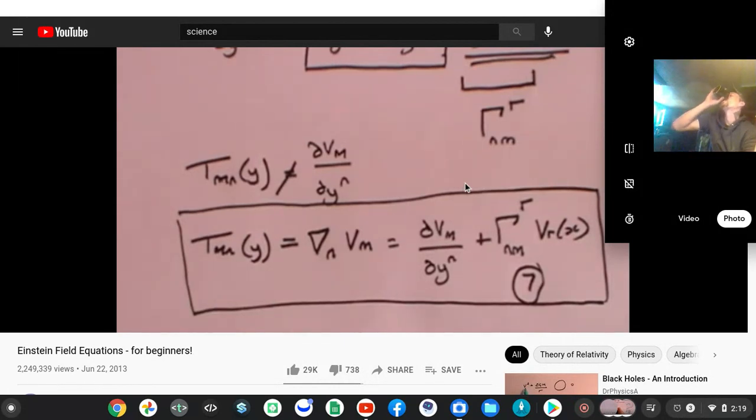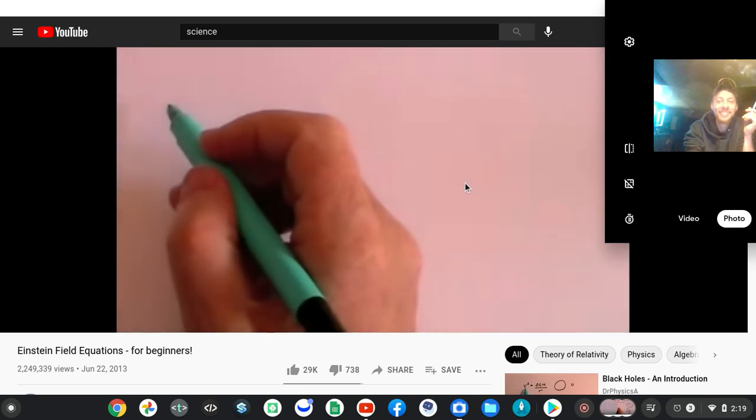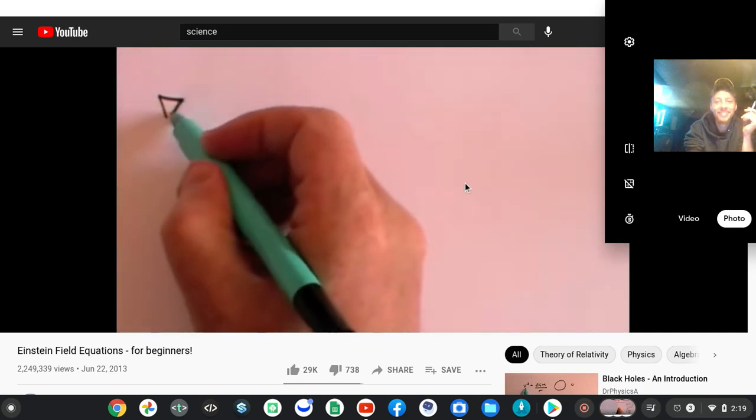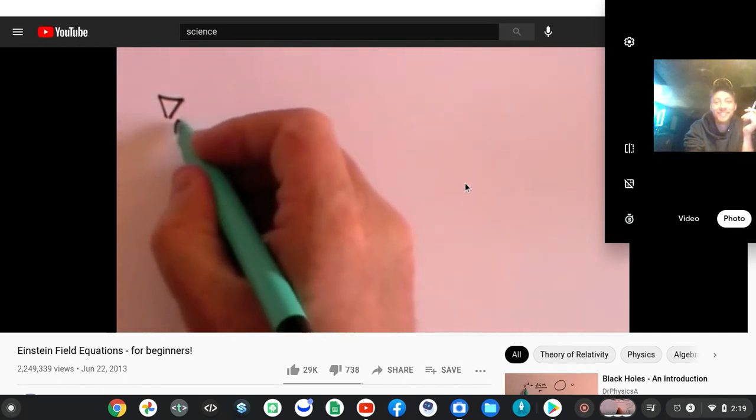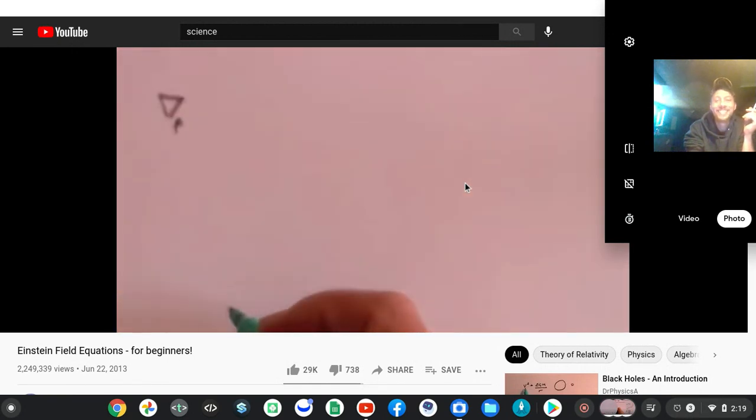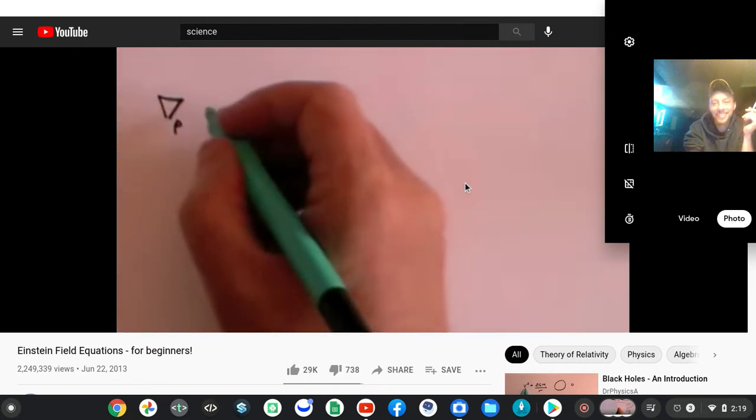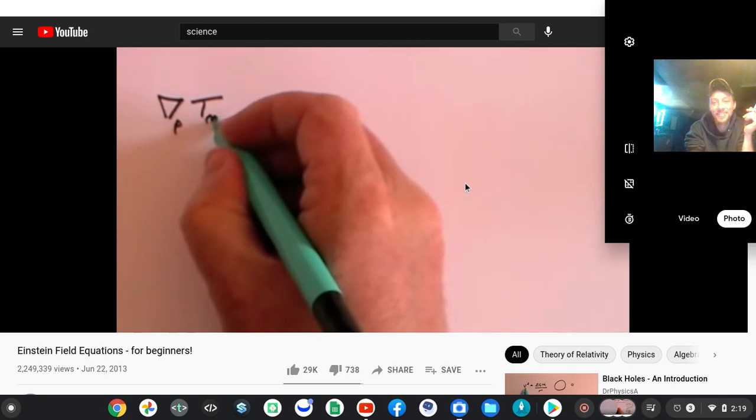And that's important because if you walked in the field equations of Einstein, you don't require derivatives of vectors, you require derivatives of tensors. Well, we just did that using vectors. We're going to need to expand that for the purposes of tensors. So let's take the covariant derivative. I'm going to have to use P because I'm going to use M and N in a moment, because I'm going to do the covariant derivative